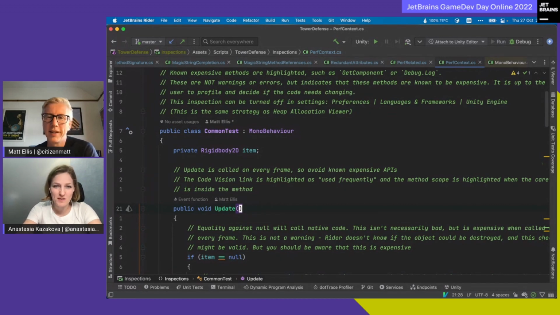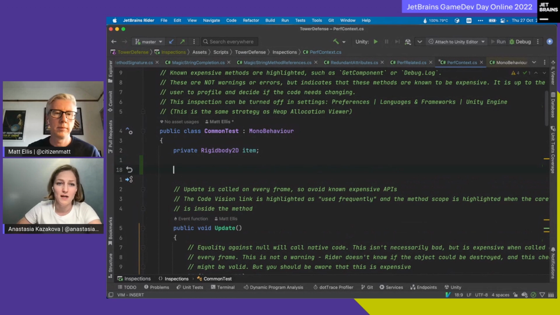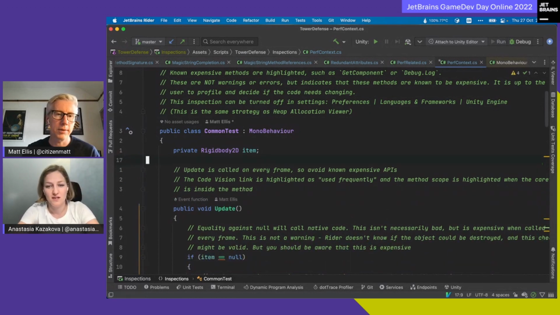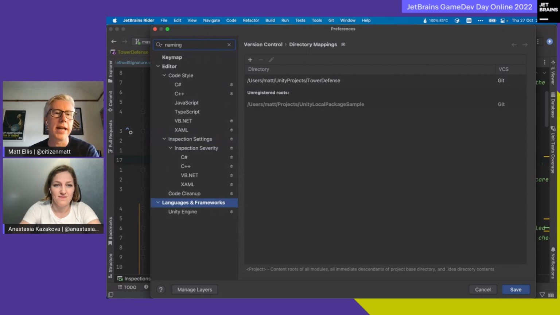Okay, there is a question about the naming convention. I noticed Rider tends to favor Microsoft naming convention over Unity. I tend to favor Microsoft too, and Rider always suggests I change member names to use an underscore, for example. Can we choose? Yes. In the preferences, if you just search for naming, you can go to code styling C#,